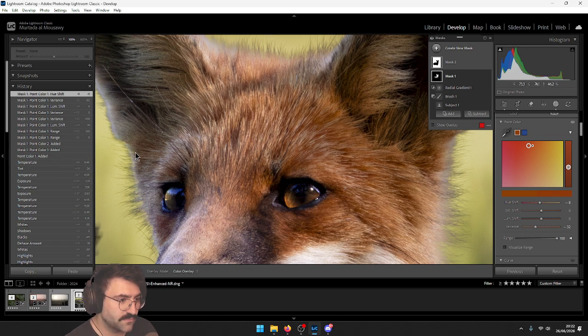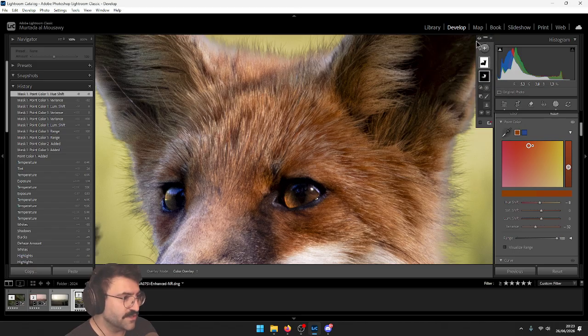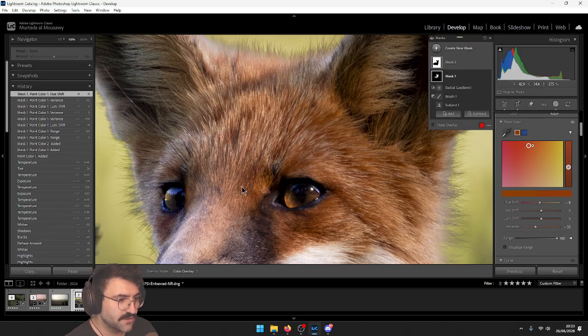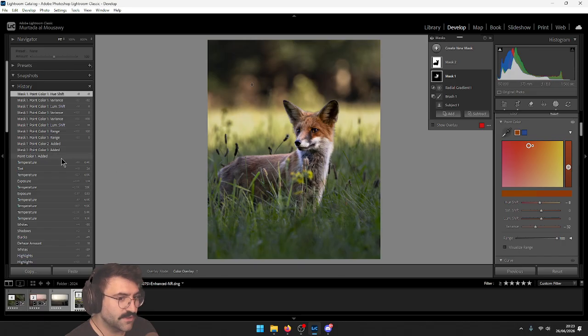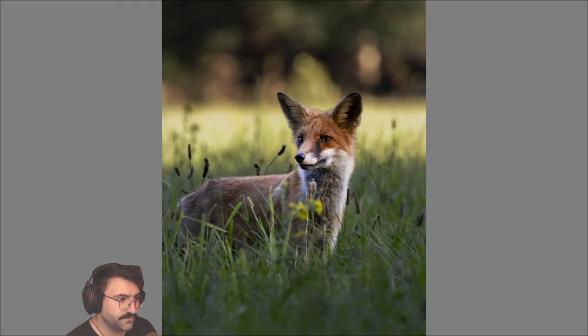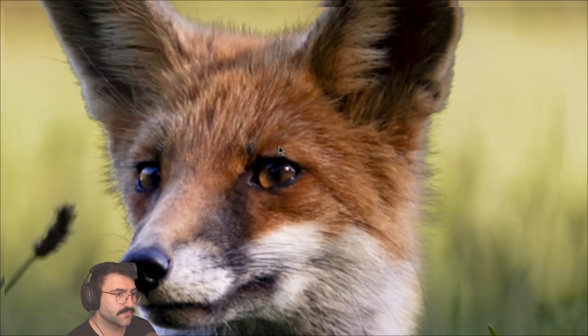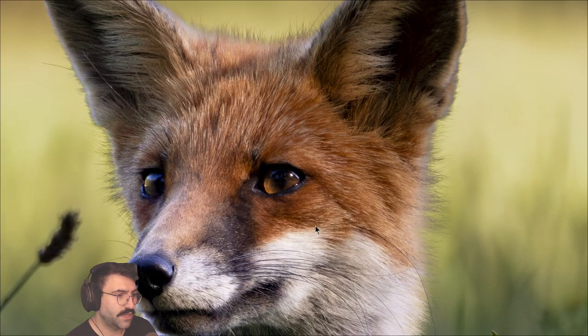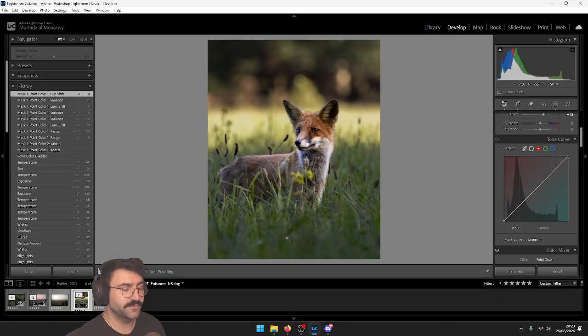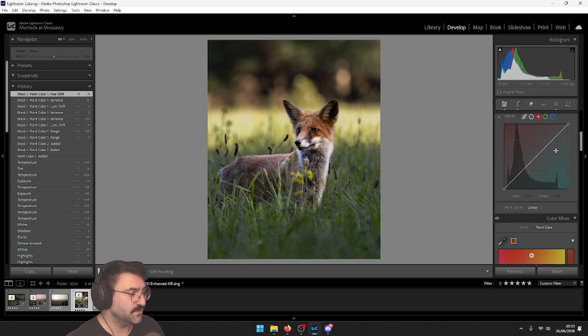So we started with this, and now we did this. It's more of that classic, almost like fairy tale fox orange. And it's a very subtle color change. You can see it here. I like that. So that's personally how I would adjust color, because if you try to do all this with,